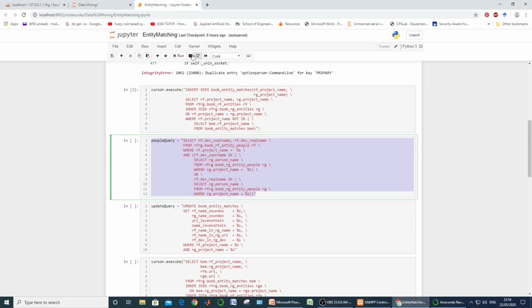So let us move to the logic. It is a query that requires three arguments, represented as percentage signs.